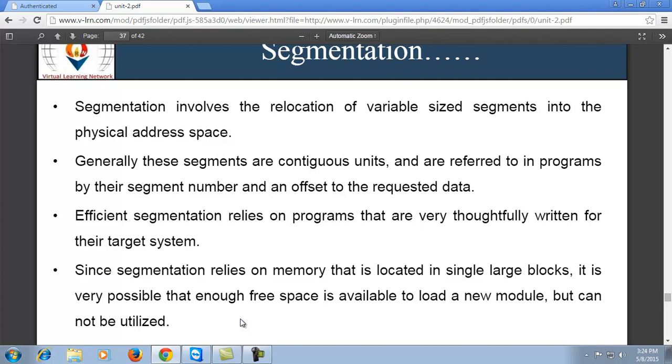Since segmentation relies on memory that is located in a single large block, it is very possible that enough free space is available to load a new module but cannot be utilized.